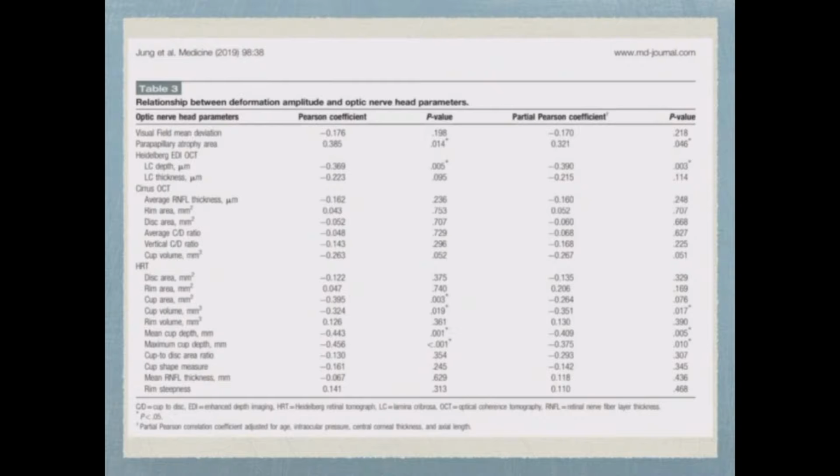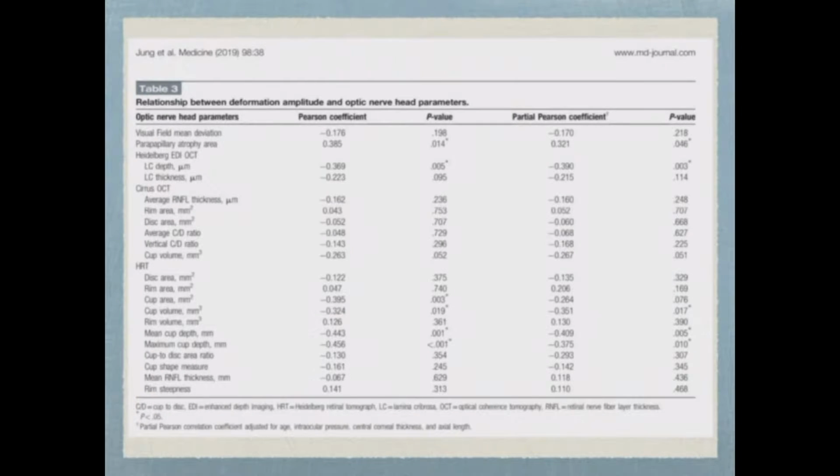The corneal deformation amplitude was positively correlated with parapapillary atrophy area, with an R value equal to 0.385 and a P value equal to 0.014, and negatively correlated with LC depth, which has an R value equal to -0.369 and a p-value equal to 0.005, whereas it was not significantly related with LC thickness, which has an R value equal to -0.223 and a p-value equal to